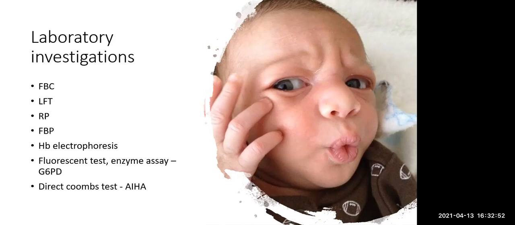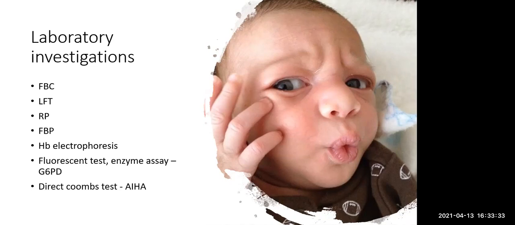Next is the renal profile. Why do we need to do a renal profile? Because some diseases can cause GI symptoms like vomiting and diarrhea, which might lead to dehydration. So we need to look at the urea and creatinine levels, which might suggest evidence of acute kidney injury. And as mentioned just now, hemolytic uremic syndrome can also cause AKI, and we look for any complication of disease like hepatorenal syndrome. We can also look at the ammonia level for evidence of hepatic encephalopathy.